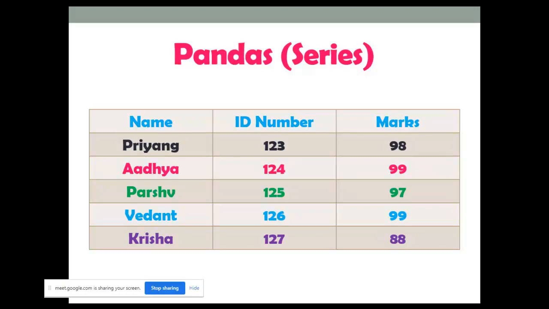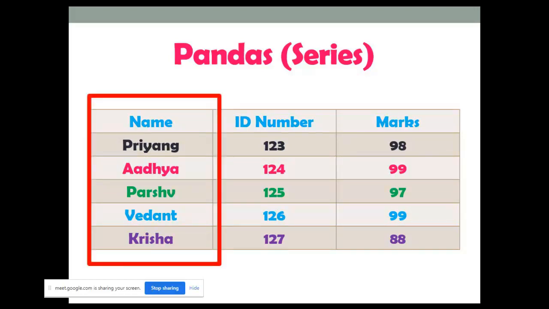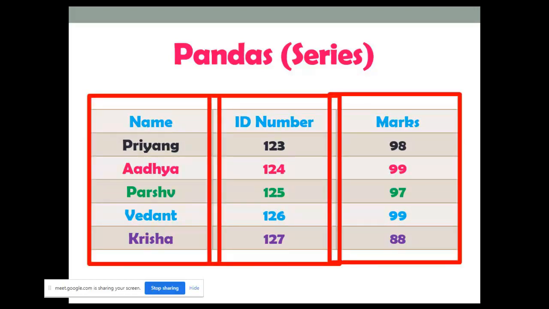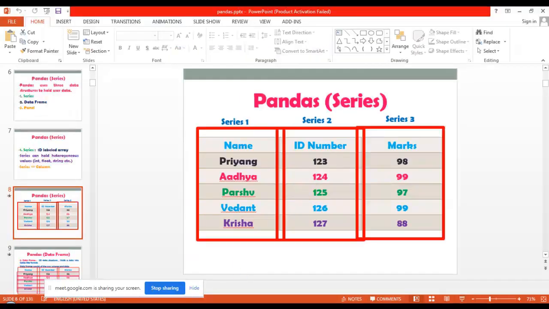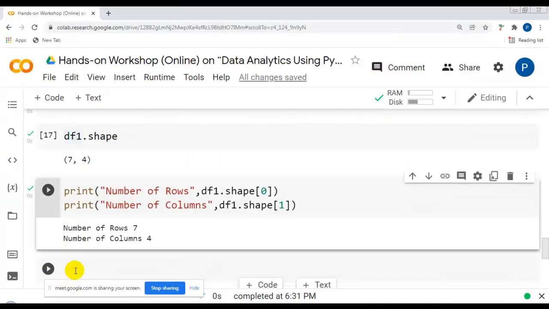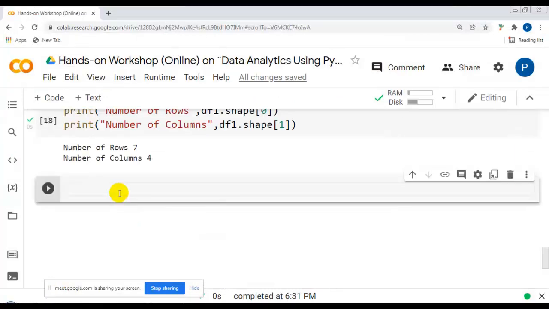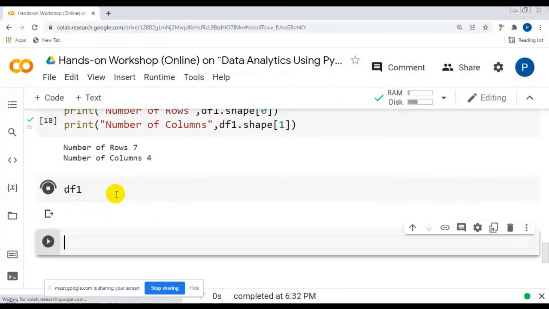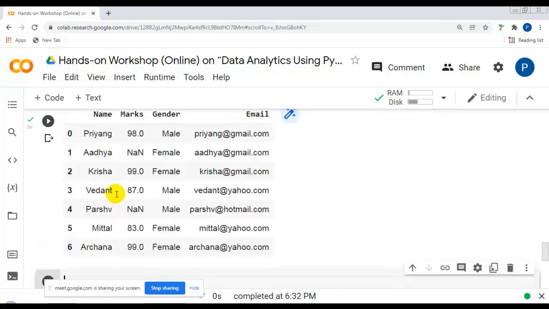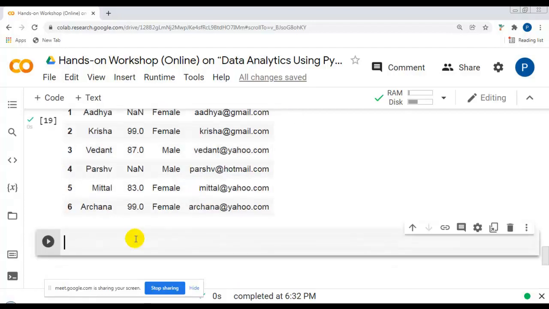In this data frame you can see in total how many pandas series? 3: 1, 2 and 3. In total we have 3 pandas series in this particular data frame. Same over here, in our example, in total how many pandas series are in this data frame? Please write in the chat window. Yes, 4, because 1, 2, 3 and 4. So in this data set we have 4 series.